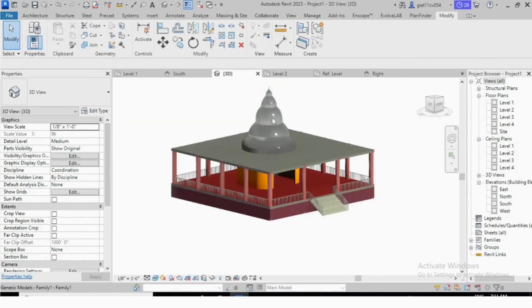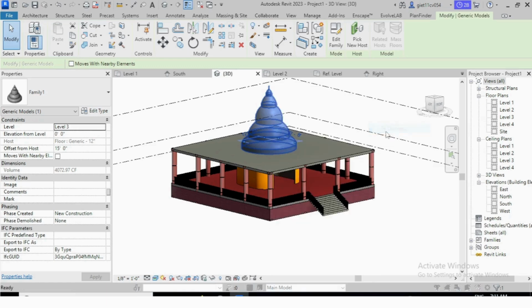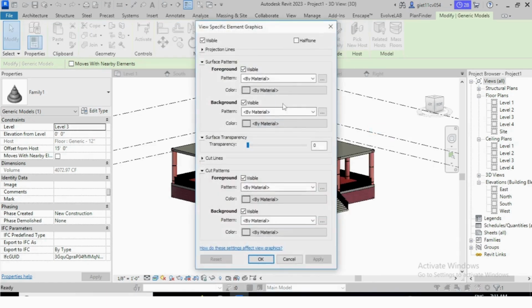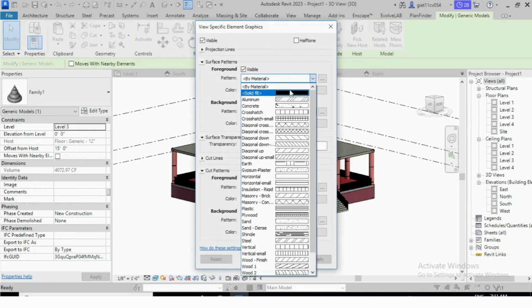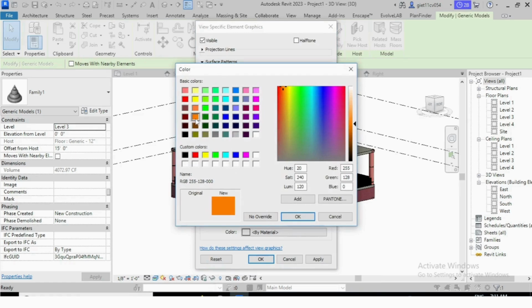So, let's make it easy for you. Go in Override Graphics in View by Element. So here you can select pattern is solid and just you have to select this.